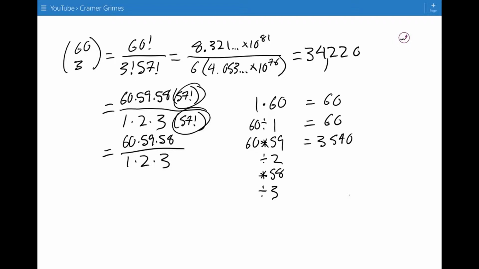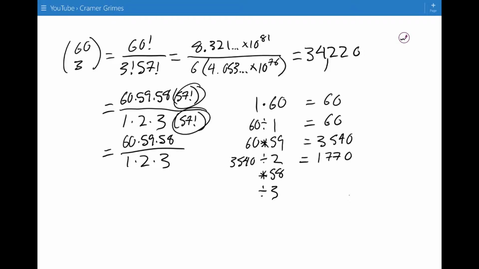And here I want to note, I've taken 2 consecutive numbers, the 60 and the 59. Any 2 consecutive numbers have to have a factor of 2. So I know that 3,540, because it's the multiplication of 2 consecutive numbers, has to have a factor of 2 there. That would give me